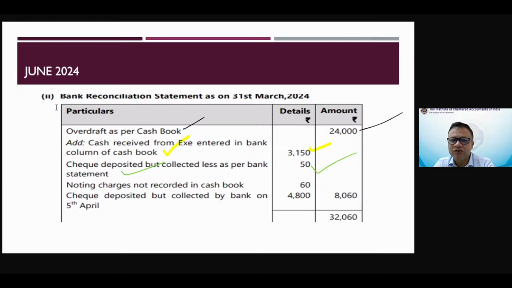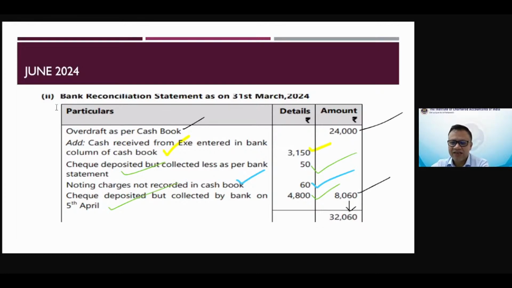So check deposited will be added to the cash book. So overdraft as per cash book, check deposited is added. Bank charges will be added, 60 rupees. Check deposited but collected by the bank on 5th April. That is check deposited and collected by the bank on 5th April. It is 4,800. It's like again check deposited. So you can see here,